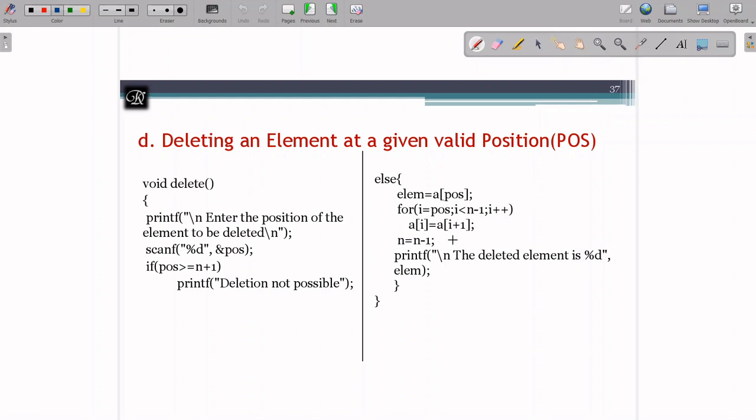Next, the last one is we have to come out, exit. To come out, we need not write any function. We can make use of return statement or exit 0. We can write that directly without writing our own function. We can do it with only one statement rather than writing a different function for it.